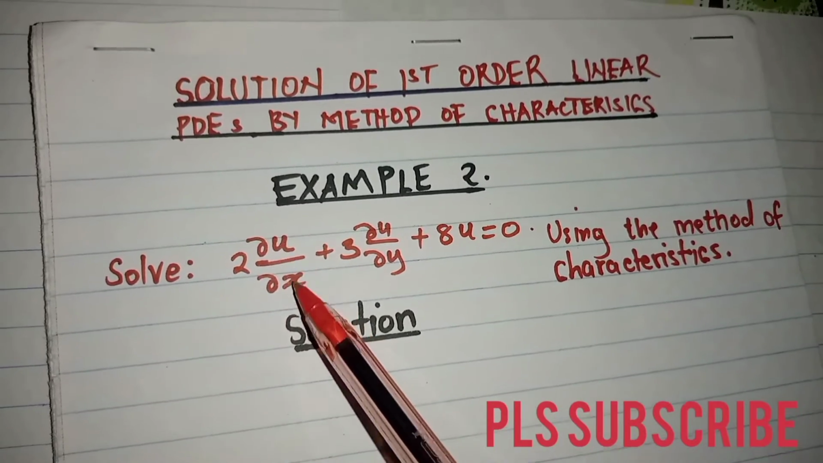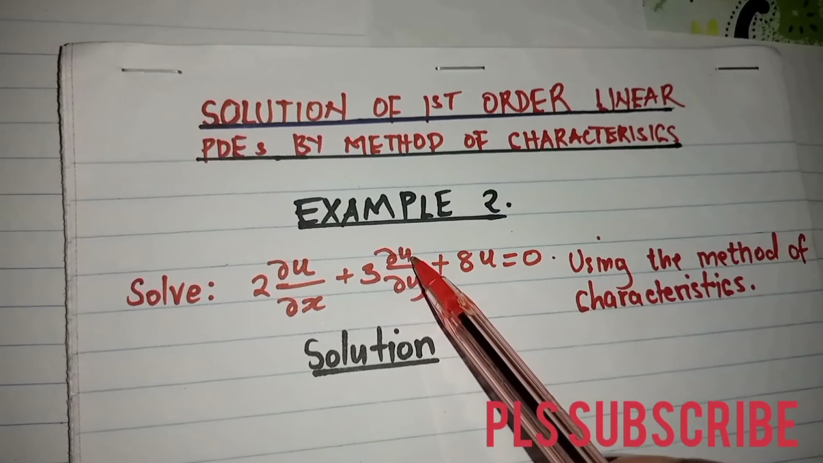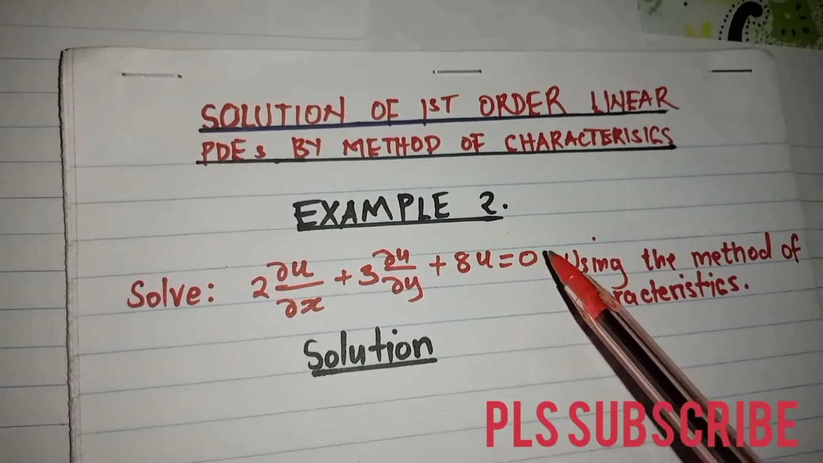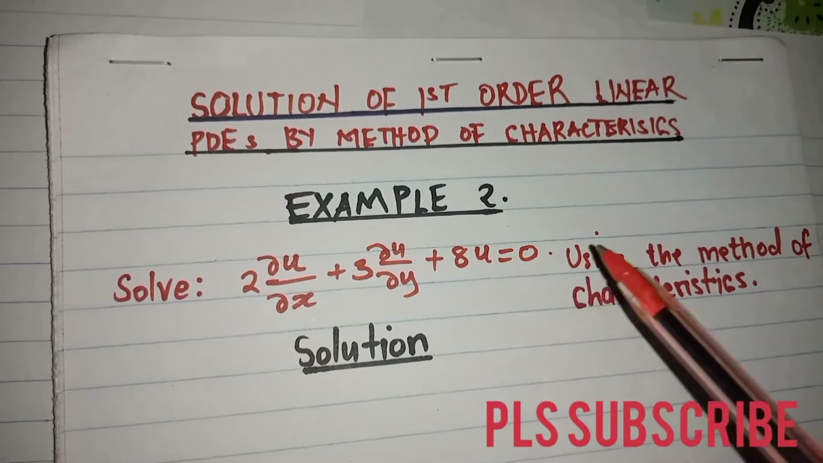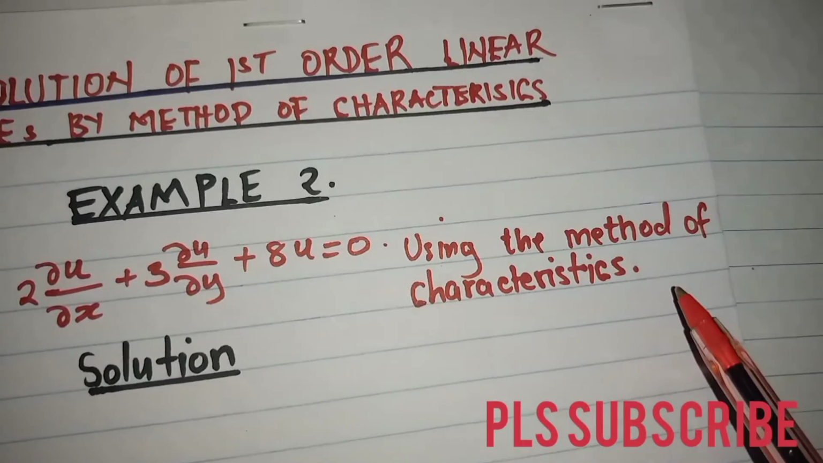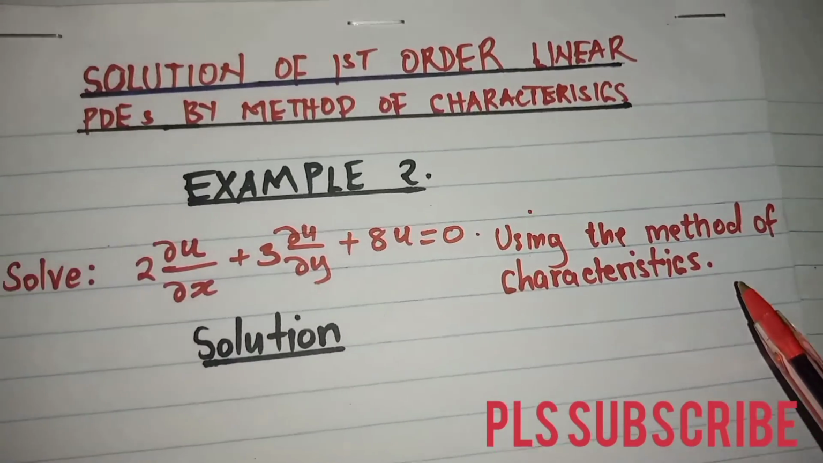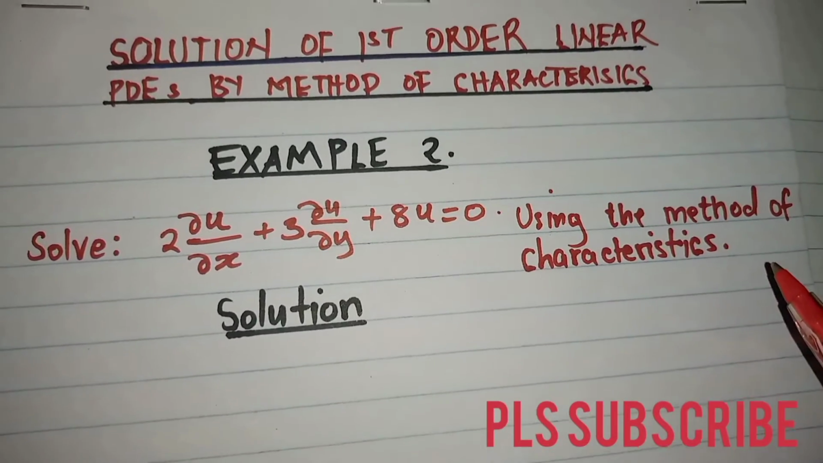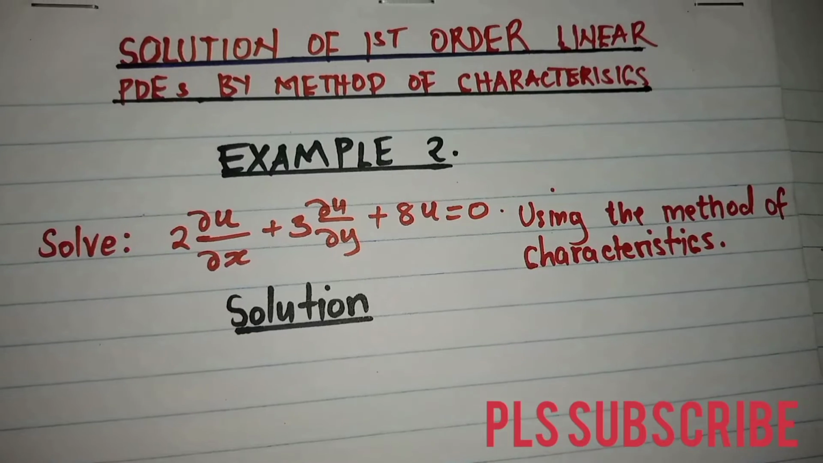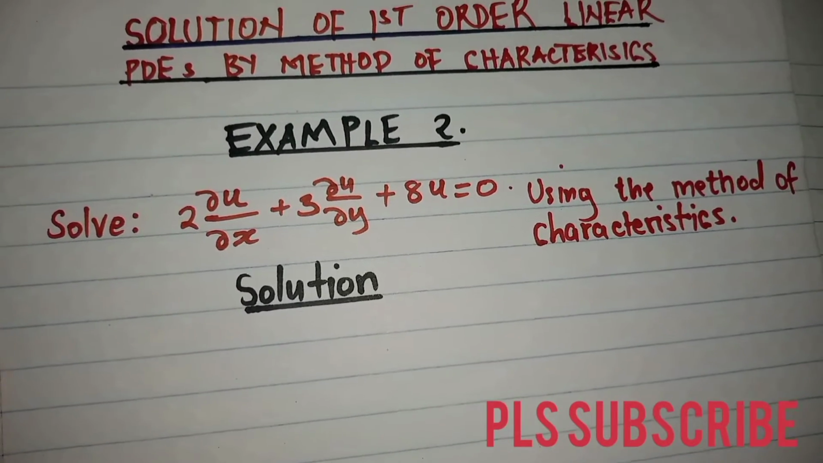2 partial of u with respect to x plus 3 partial of u with respect to y plus 8u is equal to 0. Then the question is saying solve using the method of characteristics. So I want us to solve this one together. And therefore we are going to begin by